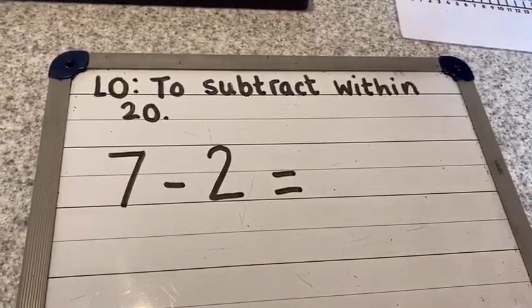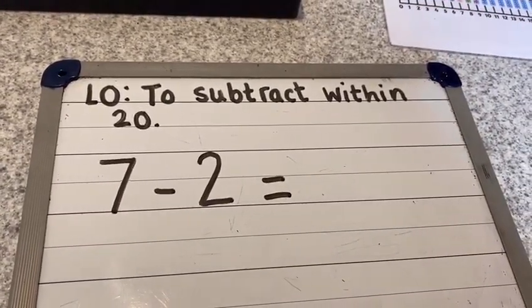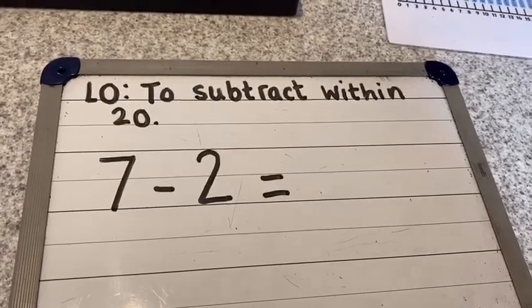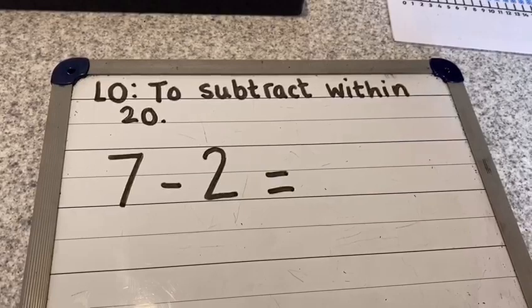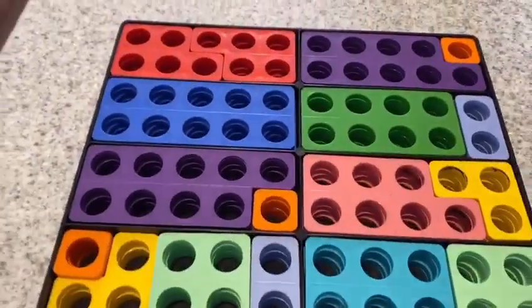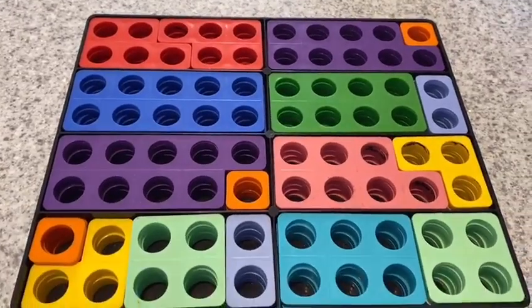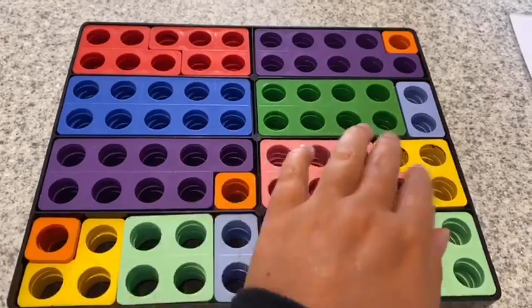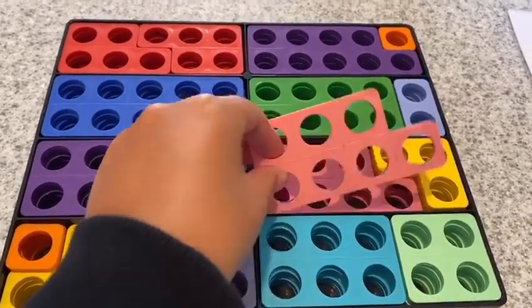There's lots of different ways that we can say it, but my favourite is subtract, but we can use different vocabulary. It's up to you. So my first number sentence is 7 subtract 2. Now I've got my Numicon here, and I'm going to show you how you can work this one out with Numicon first. So I need a